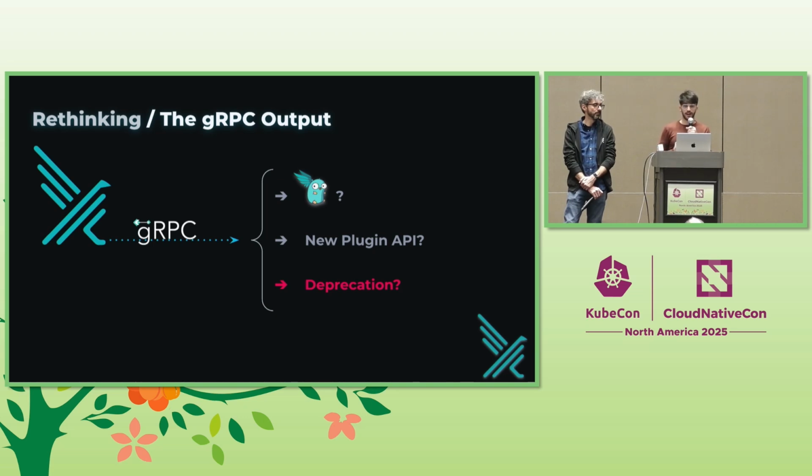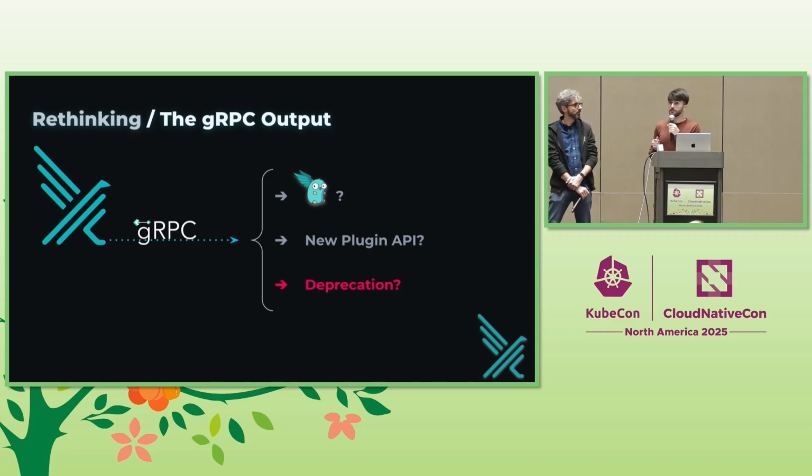Okay, and this is another aspect that we could rethink. As for the gRPC output, we know from the download metrics that this kind of output is little used. We already asked the community, and very few people use it, and this imposes a burden on Falco maintainability, because it has to ship all the dependencies of the gRPC framework, which in C++ is a big dependency, and it also increases build time.